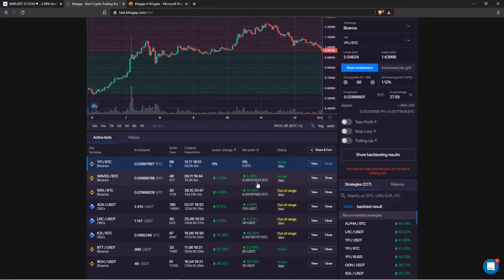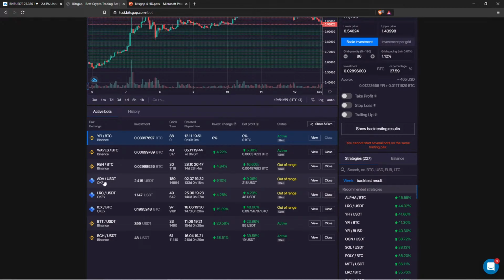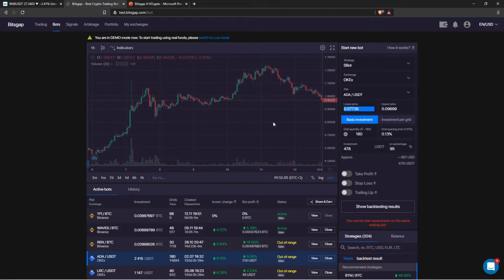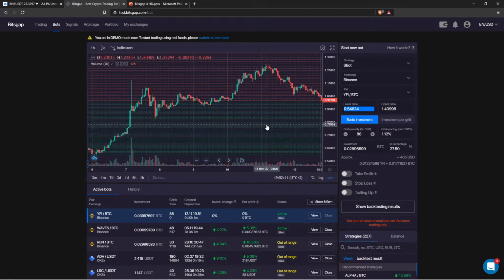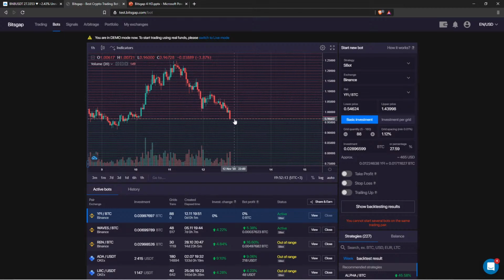So the bot profit is the profit generated by the algorithm in the quote currency only. So you see, Waves trading to Bitcoin, the bot profit is in Bitcoins. Cardano to USDT, bot profit in USDT. So this profit is generated as the market provides our trading configuration with a bunch of opportunities to buy low